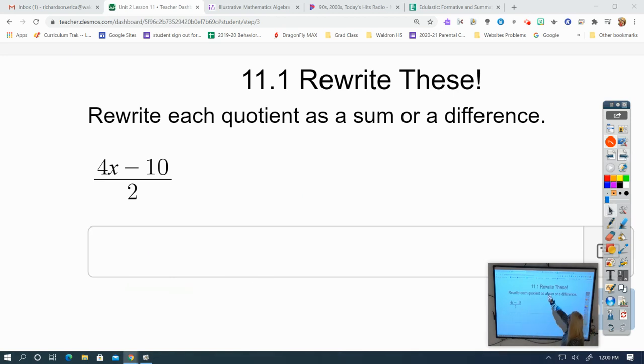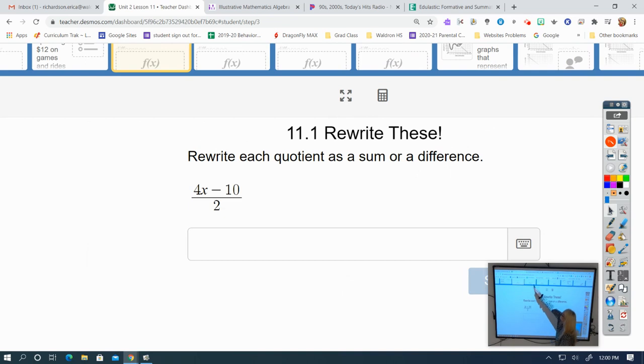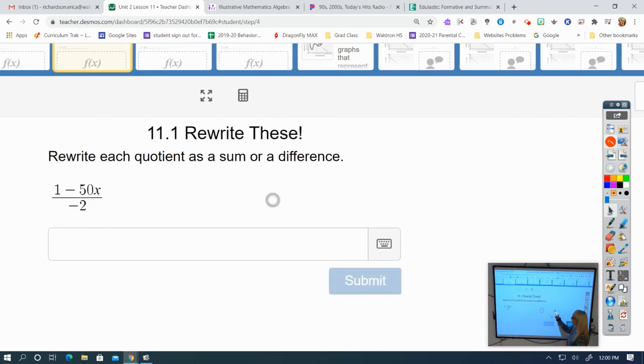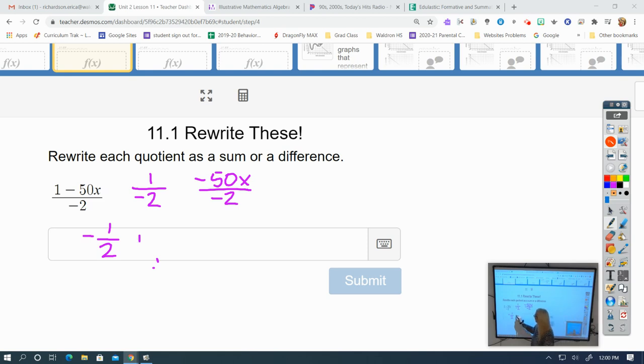So here we have 1 minus 50x divided by negative 2. You would do the same thing. And so 1 divided by negative 2. And then negative 50x divided by negative 2. So 1 divided by negative 2 is just going to be negative 1/2. And negative 50x divided by negative 2, and negative divided by negative makes a positive. So we're going to have plus